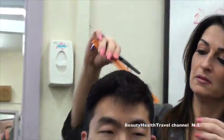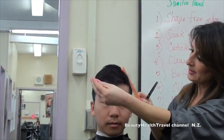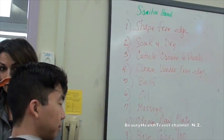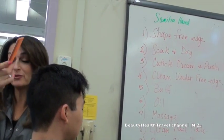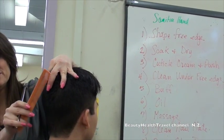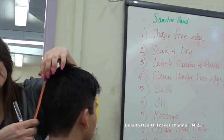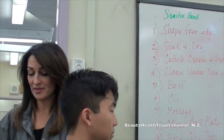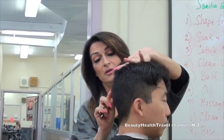Let's see what's happening. His hair seems to want to go that way, so I'm going to comb it that way. You see how here the hair grows to the left, but here it grows up? And so then it looks like there's this little long piece there, even though it measures even. But this part grows this way, and this is just kind of heading over it. I'm going to fix that, because that's the way it's going to look when he...